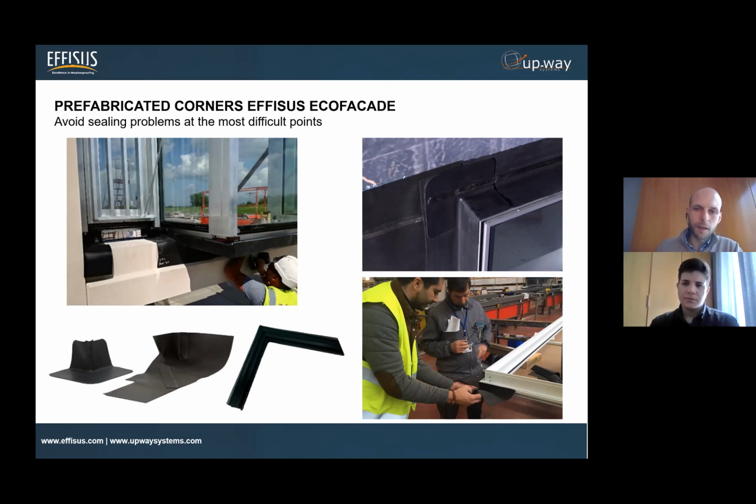And I think also just to add to your explanation, an easy way of understanding the importance of having these kind of corners available in our project is, for instance, looking at this, I would say the most standard detail that we have, and understanding how it is to deal with the most standard case with standard membrane. So of course, you cannot work in this case with the same strip of membrane. So you need to use two different strips, one on the top and other on the side of the window,